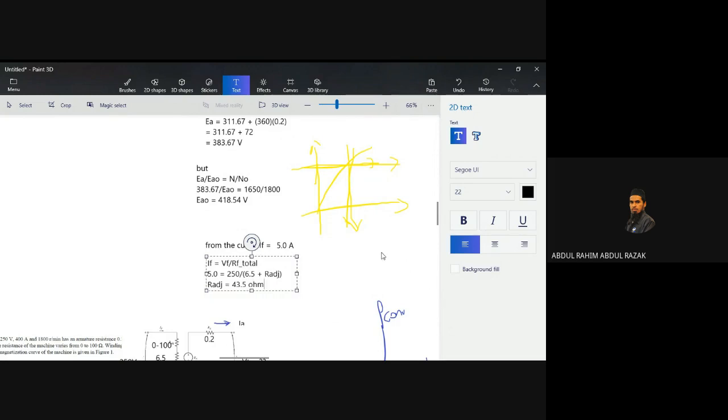So is it correct or not? More or less 43.5. So settle for